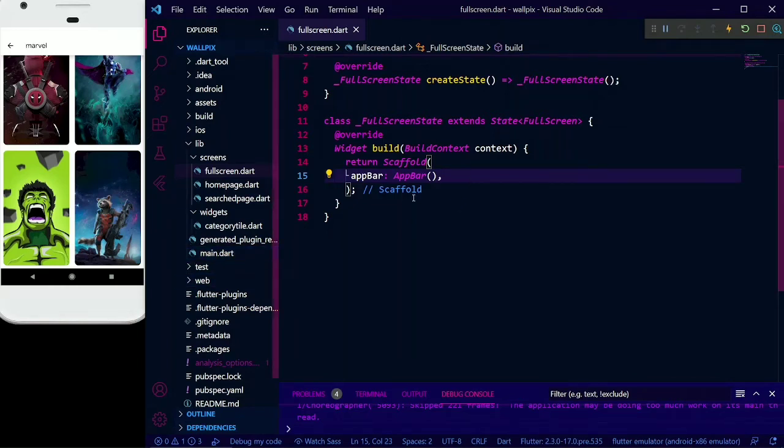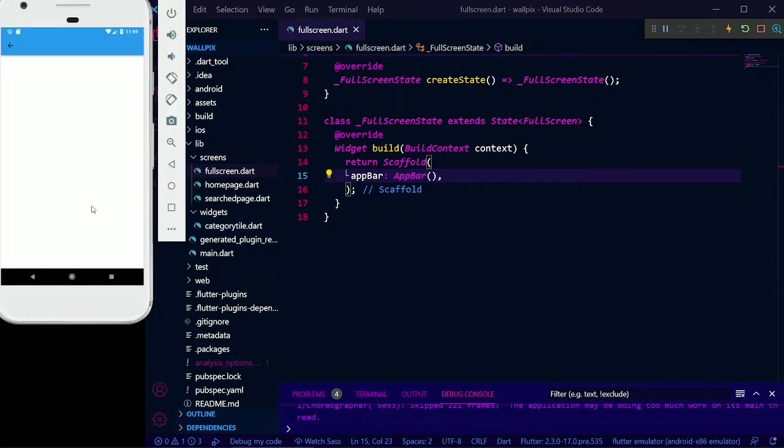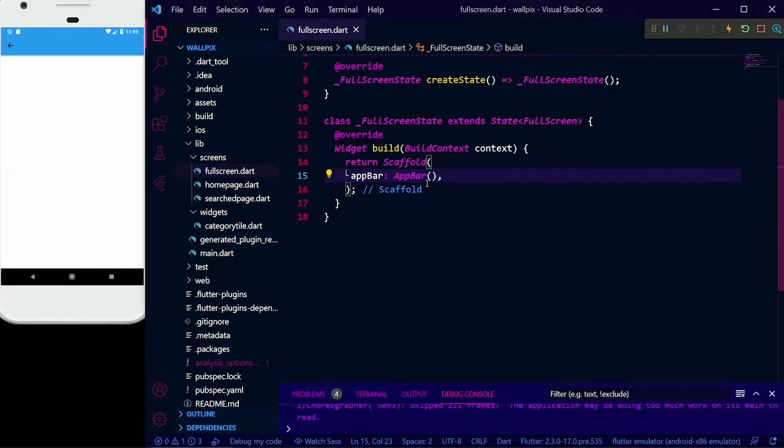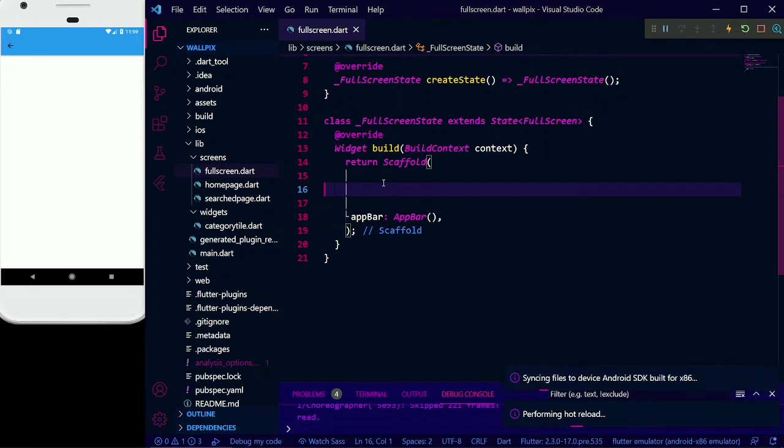In this video we are going to learn how to make the full screen page. So when we click on any of the images, a full screen will occur. For that we are going to add some media queries here,